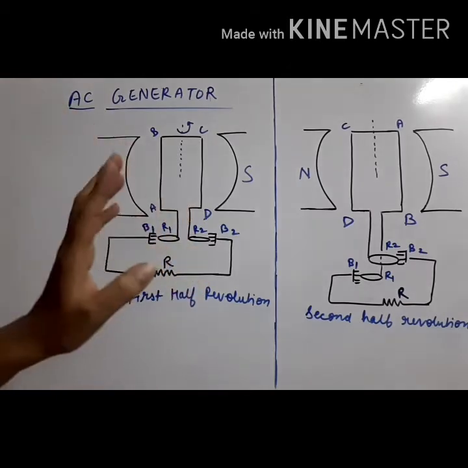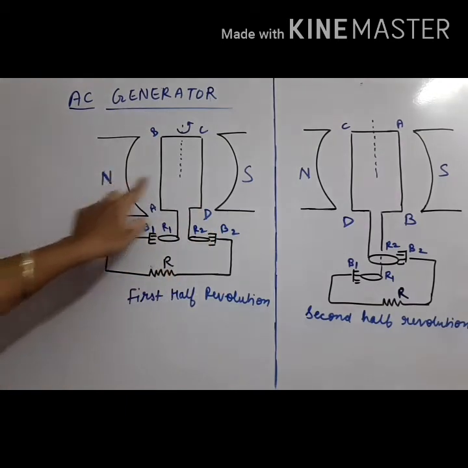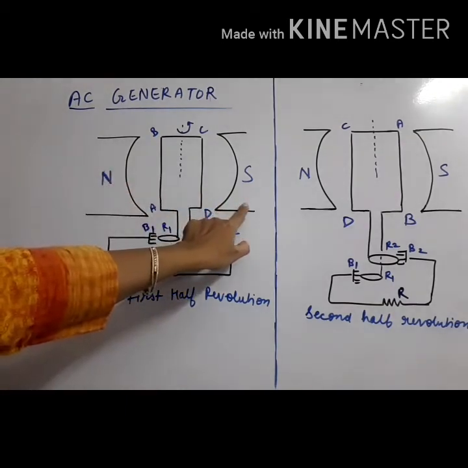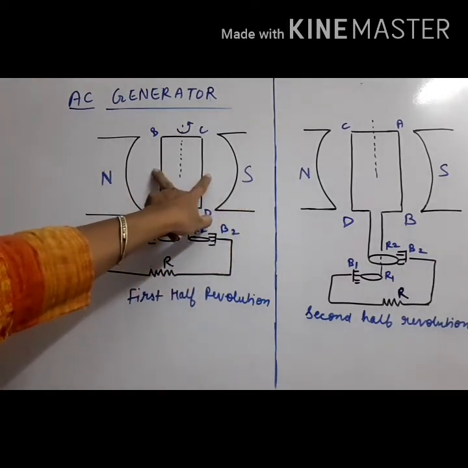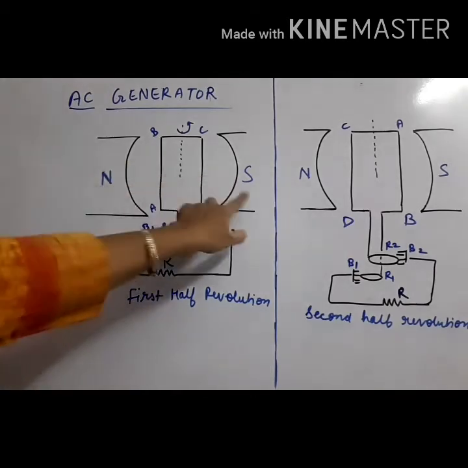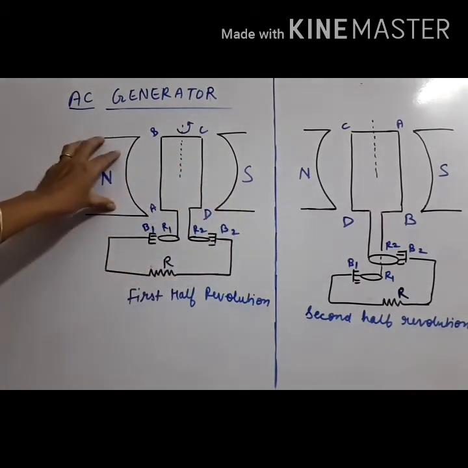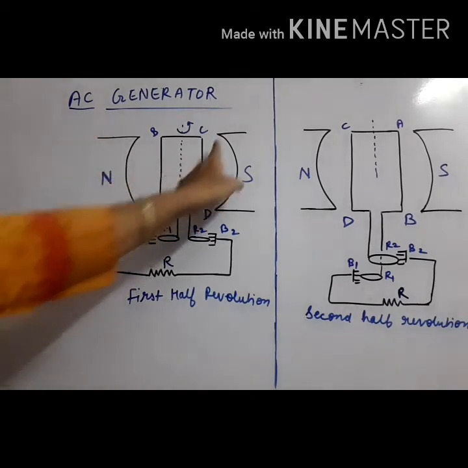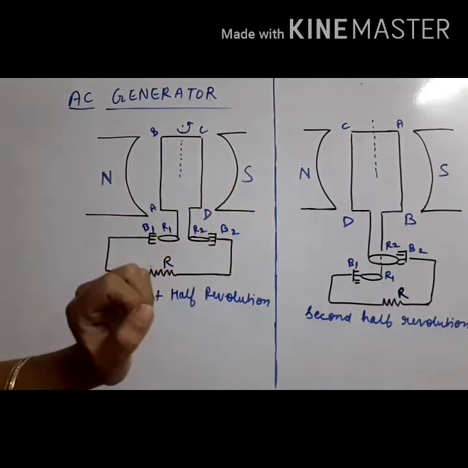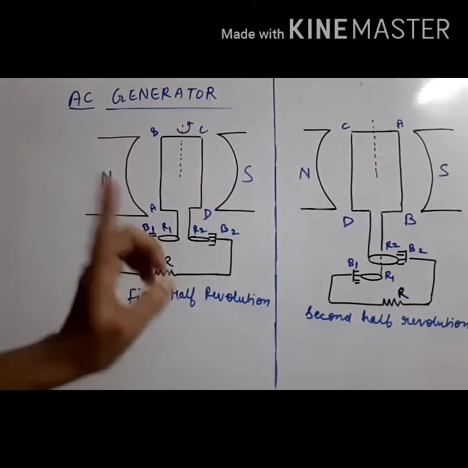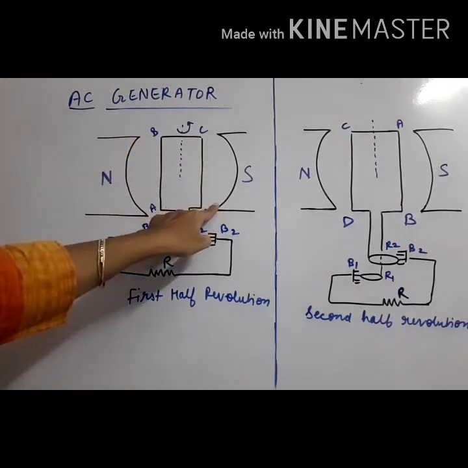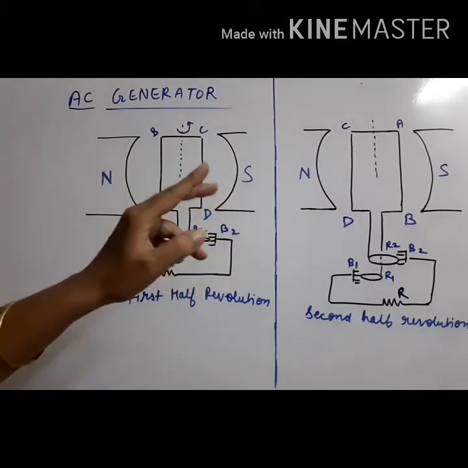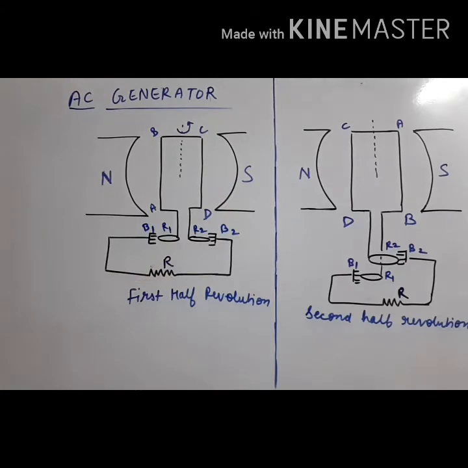How will it happen? For that the second thing which is needed is the magnetic field. So you can see that we always take two poles, north and south, towards the coil. This coil should be in between north and south. Now this north is not alone, actually the whole magnet, but we have just kept the north pole of this magnet this side and of this whole magnet the south pole this side. These are not monopoles. Secondly, about the magnet, these concave shapes are cut in the poles so that a uniform magnetic field is produced. That means parallel lines should be produced.